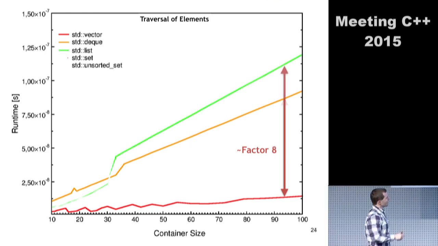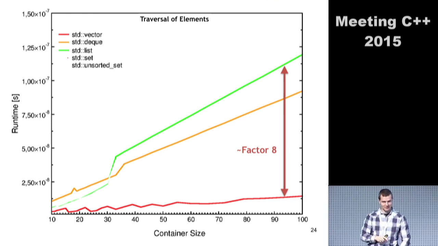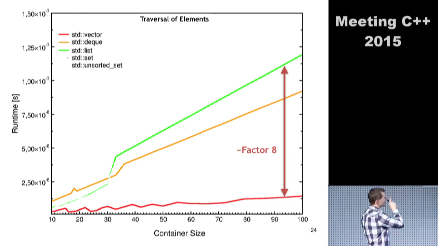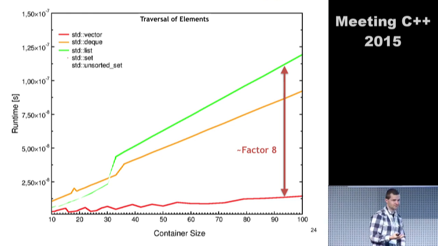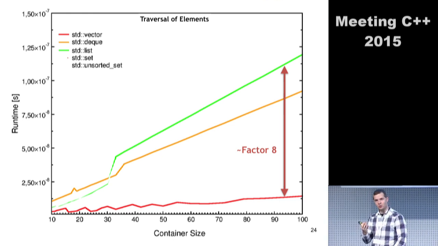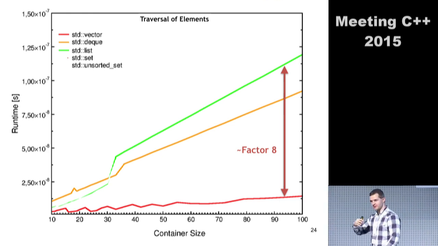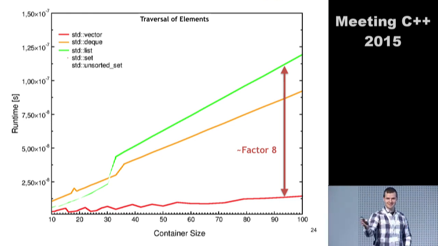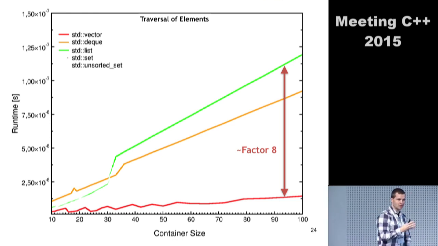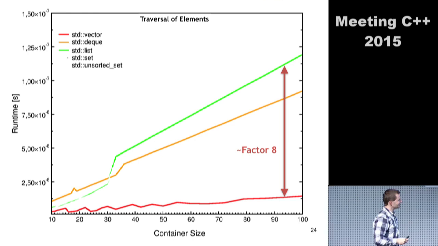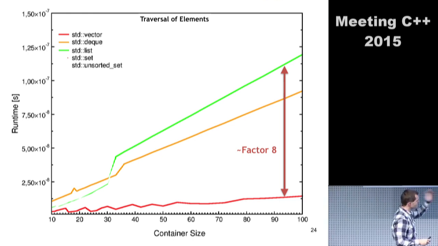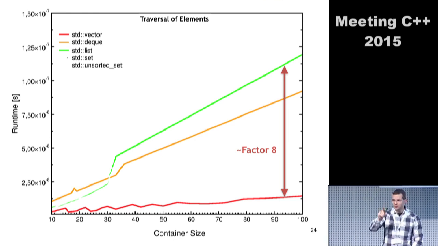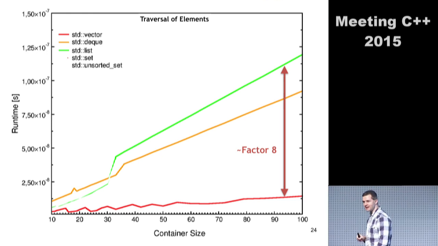A list, well, probably is even more expensive. And on this particular system, I got a factor of about 8. So this is close to one order of magnitude slower than a vector. Meaning if you choose a list and you frequently traverse this list, you've basically already lost about 90% of the performance. Okay, not 90, 80, whatever. That's surprising. So now there was the question of how I added the elements into the list.